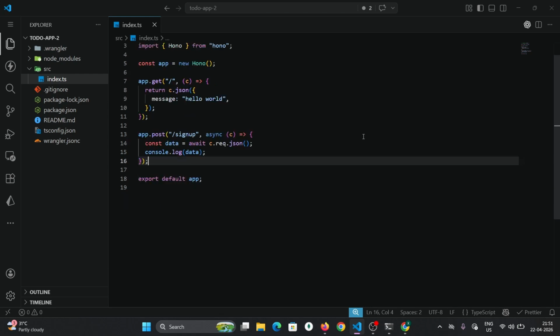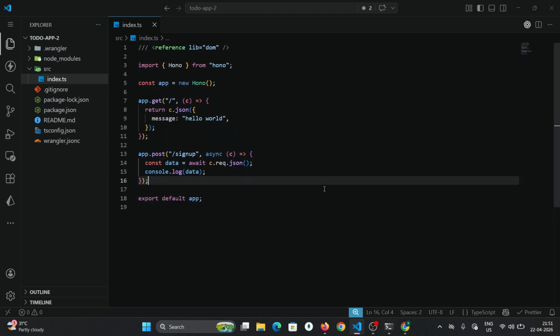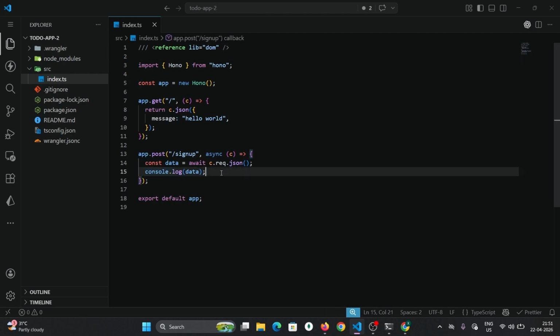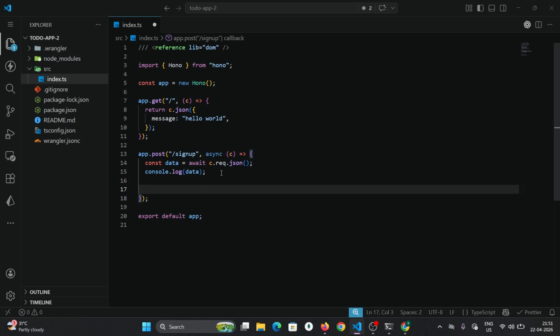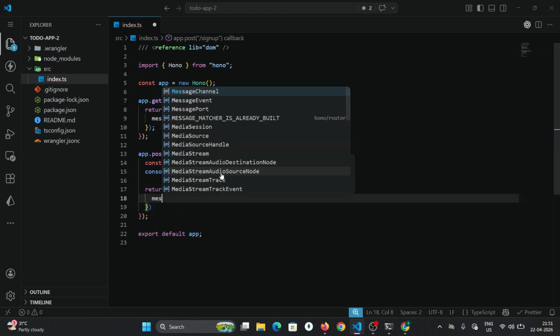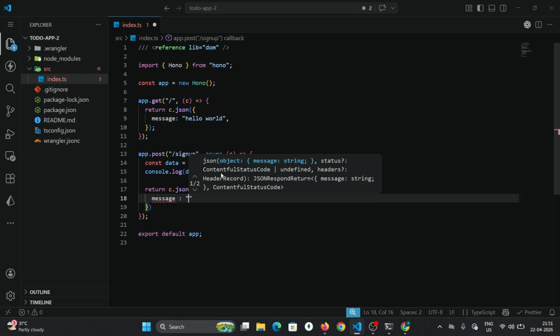To use the console.log we have to add this reference libdom, and we can use the console.log now. Let's say return c.json message user created,